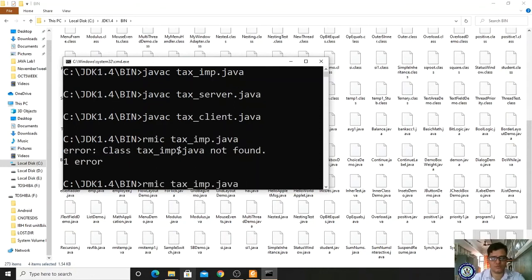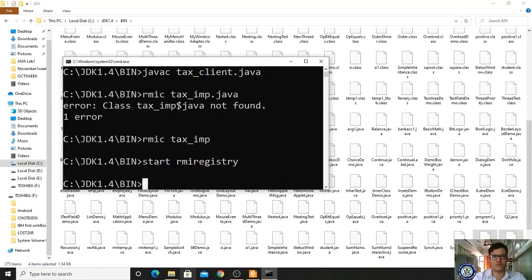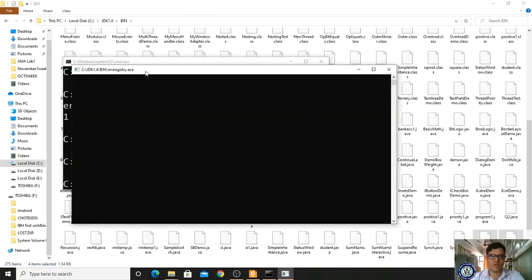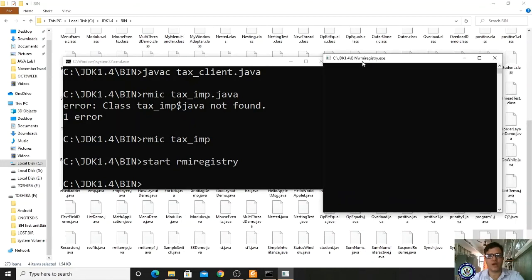We are not supposed to give implement.java, only imp. Afterwards start the RMI registry. As we know, the purpose of the RMI registry is that it binds client and server.